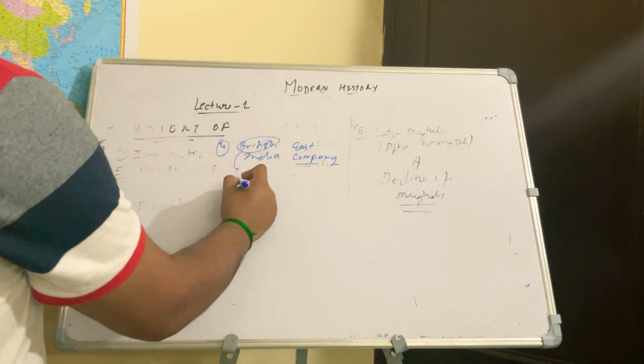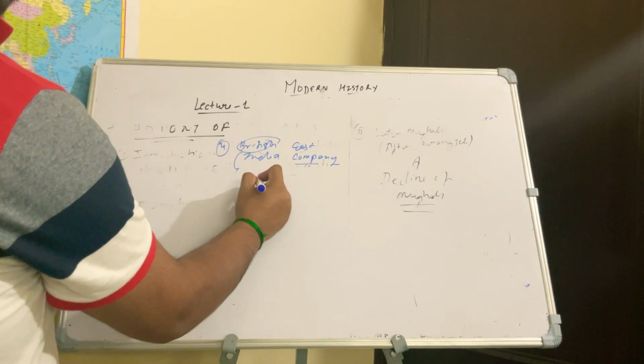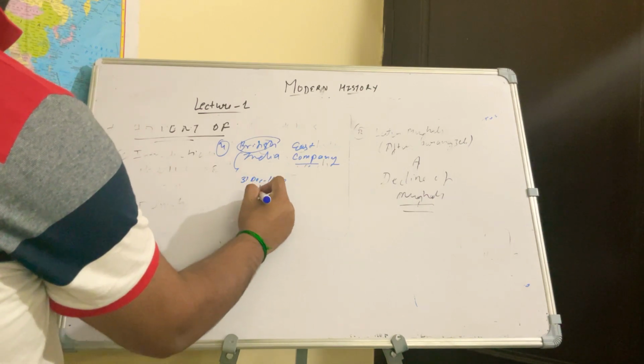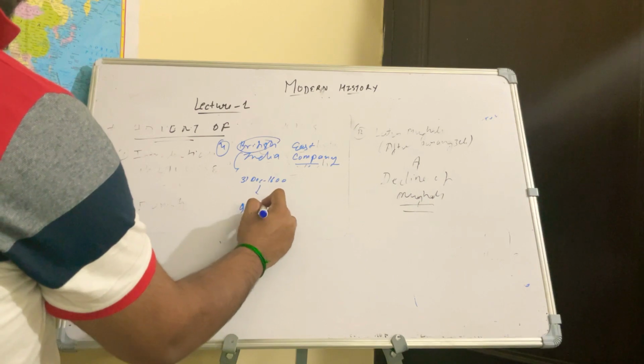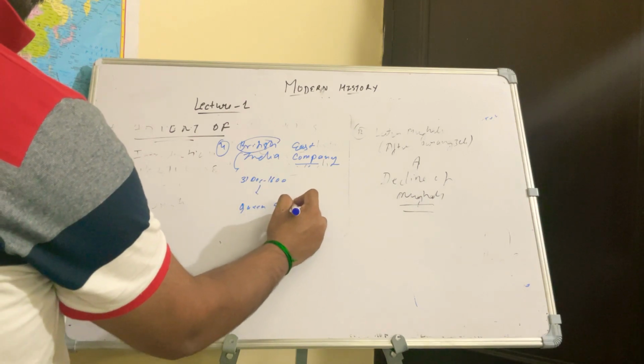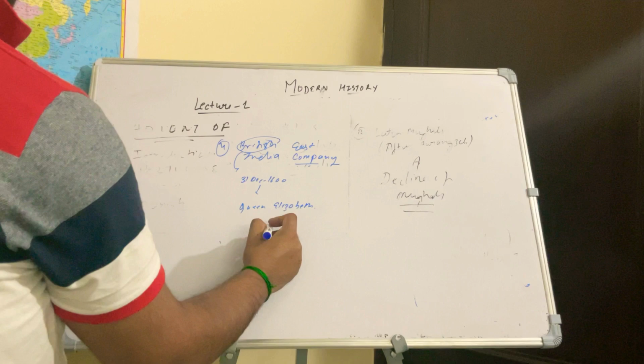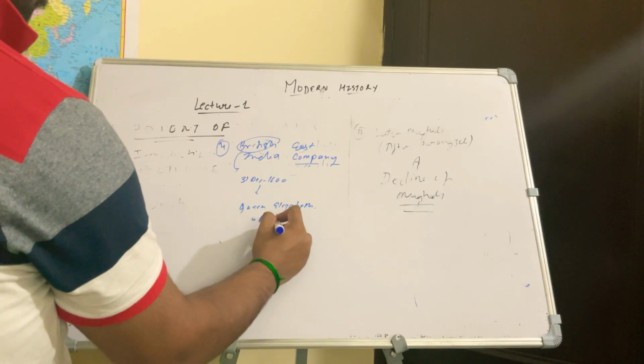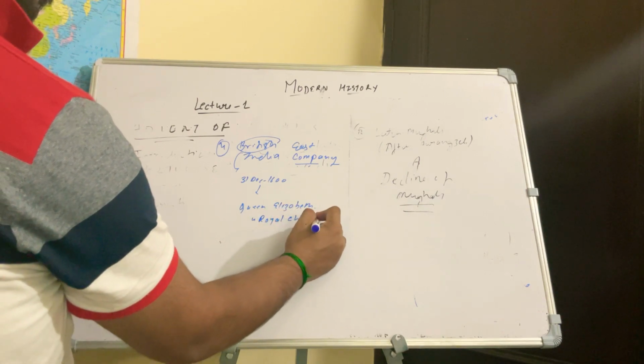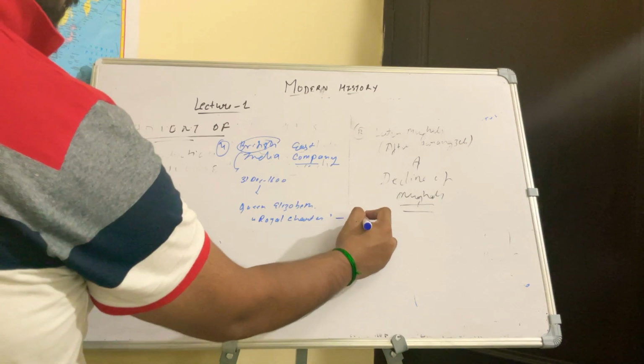So in case of British, on 31st December 1600, Queen Elizabeth gave the royal charter for 15 years